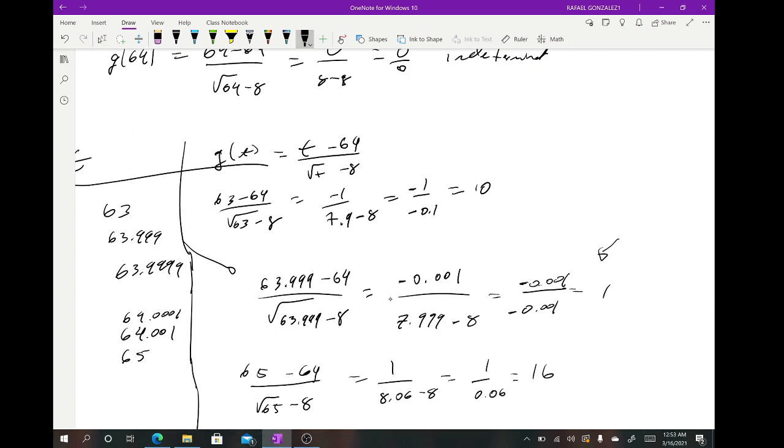Let's see, is this actually correct? So if I have the square root of 63.999, that's 7.999. If I take away 8, it's actually a very small number. Yeah, it's a very small number. So if I take away 8 from this, it's actually not this. It's going to be negative